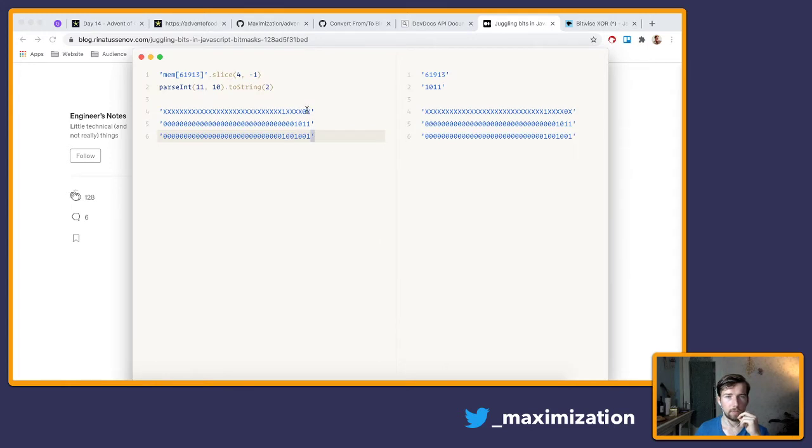Wait, so if it's 0, regardless of what this is, it needs to be 0. Let me think here about what I can do. I'm thinking if there's a way I could